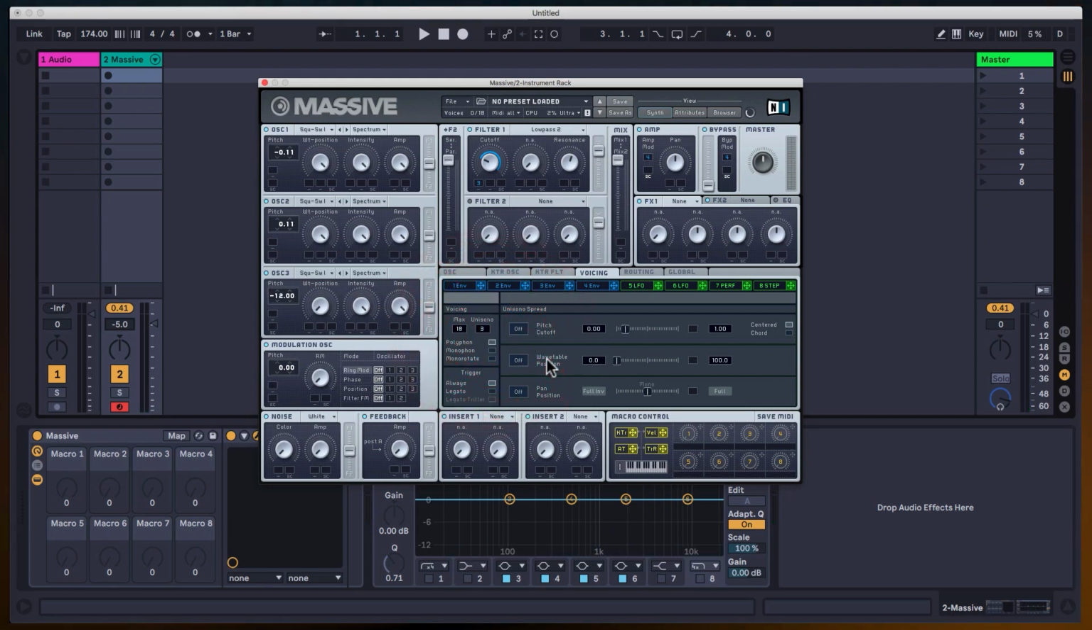What I want to do is make the sound bigger and wider. So instead of utilizing the detune control here, I'm going to utilize the pan position control. And what this is going to do is, because I chose 3 voices, it's going to keep 1 center, 1 left, and 1 right when I strike the keys. So immediately right off the bat,